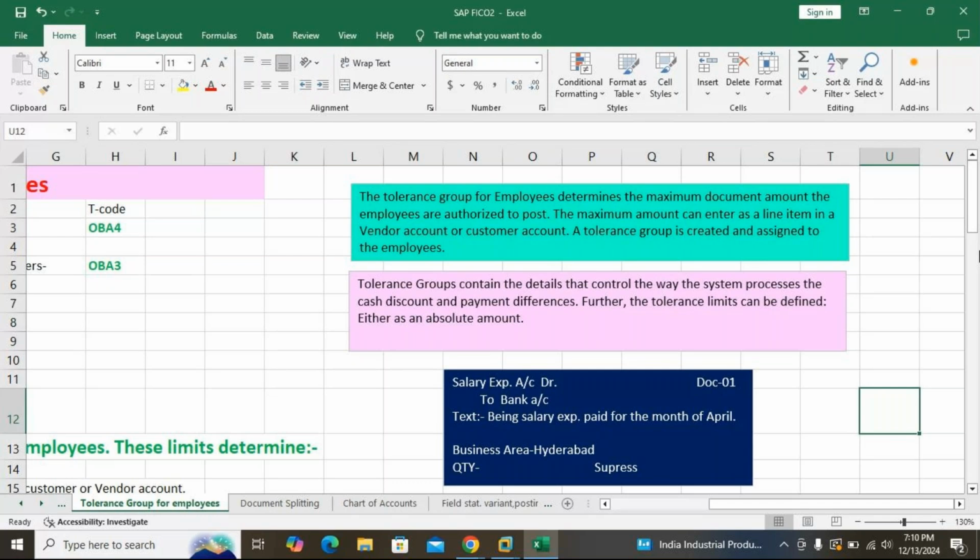So Monday I'll start with the GL creations. Then again on Friday, whatever we did in the week, whatever we are doing Monday to Thursday, we'll revise once on the Friday. Likewise it is a 4 weeks class, so it will complete.